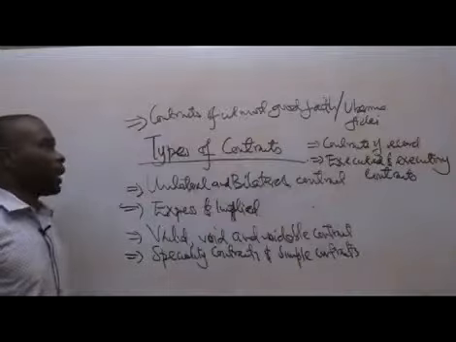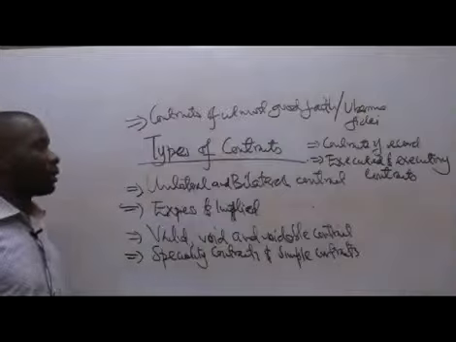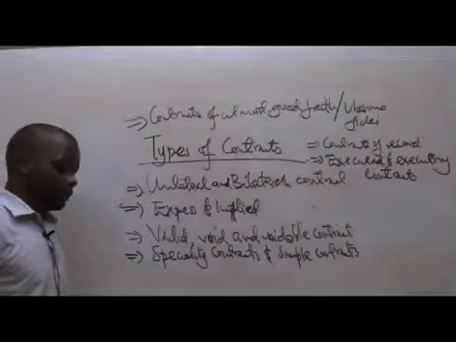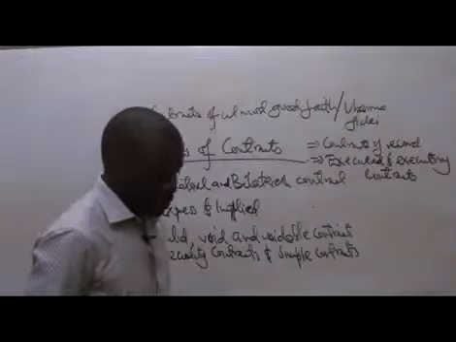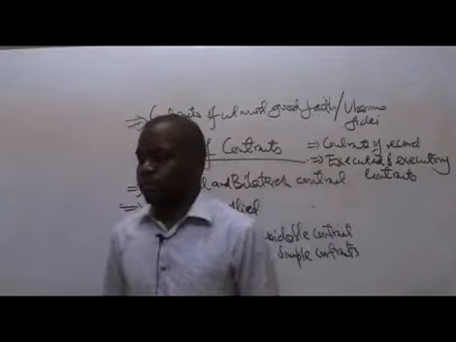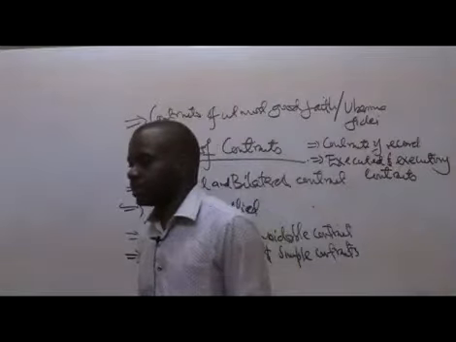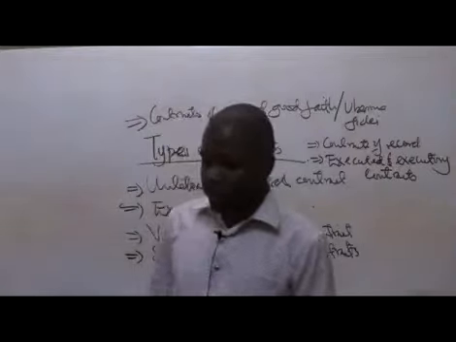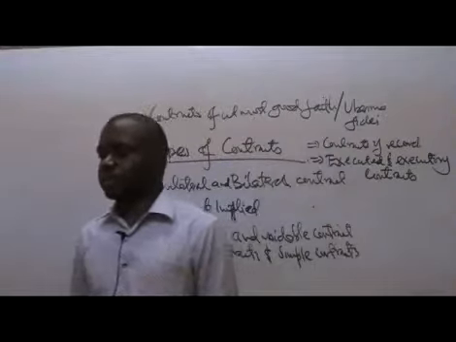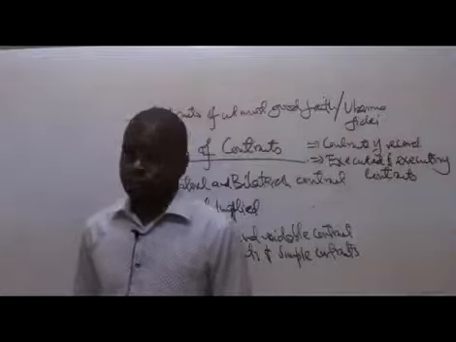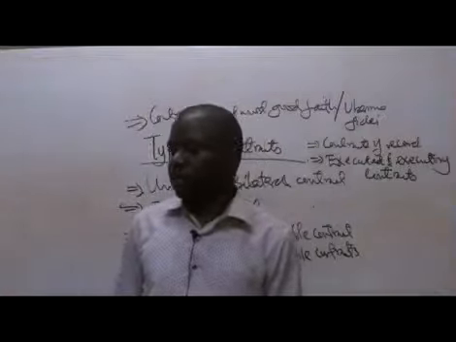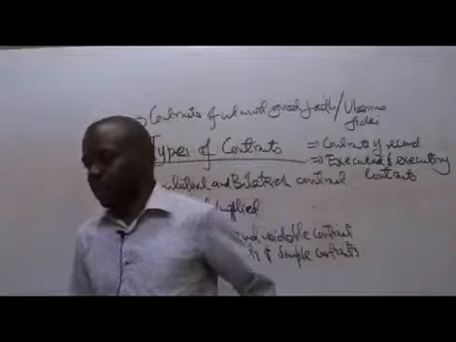When you talk about a contract of utmost good faith, it is simply a contract where one of the parties is expected to act with utmost good faith, or in the best interest of the other party. The best example you can give is a contract of insurance. Always when you are acquiring an insurance policy, there are certain questions that the insurance company will ask you as a person.